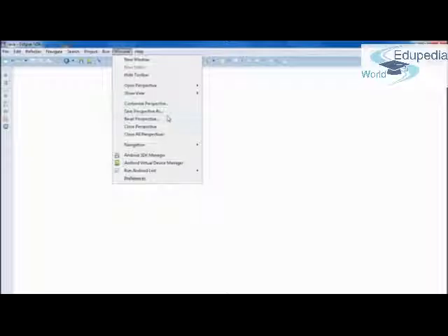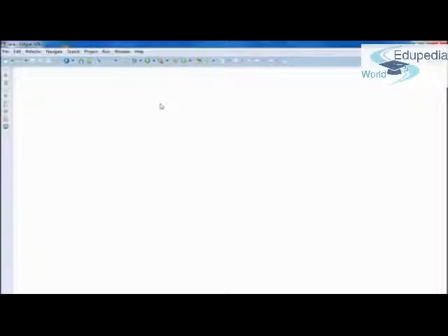Now reset perspective. For example, if you forgot something or by mistake you have closed some windows, when you click on reset perspective, it will come back with the same settings. Then close perspective, it will close all. Now if I click on customize perspective, you will see it come up with a window where you can